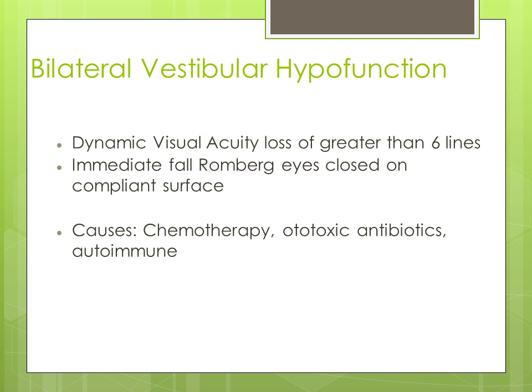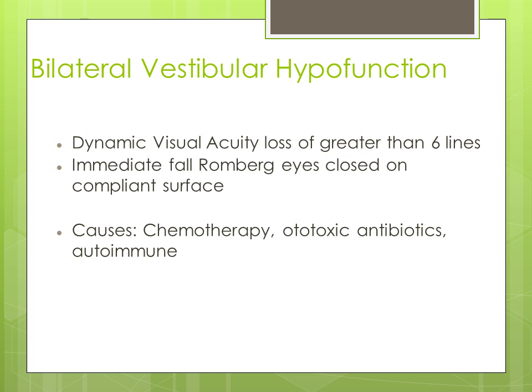With bilateral vestibular hypofunction too, you will also have the finding with dynamic visual acuity, which we're going to learn how to do next week. They have a dynamic visual acuity loss of greater than 6 lines. If you remember, if you did this in neuro class when you did the visual test with the head shaking, that's the dynamic visual acuity test where you're looking at the eye chart and shaking your head. They will have 6 lines or greater difference between what they can see when their head is still and when